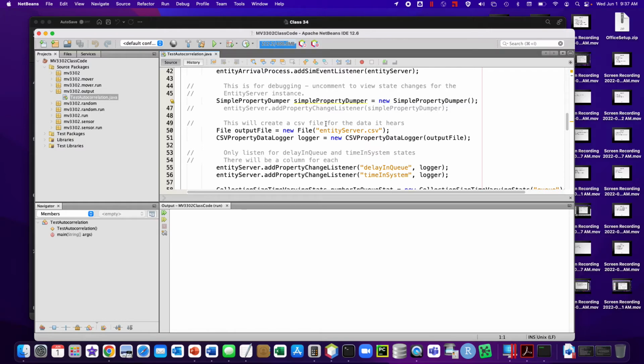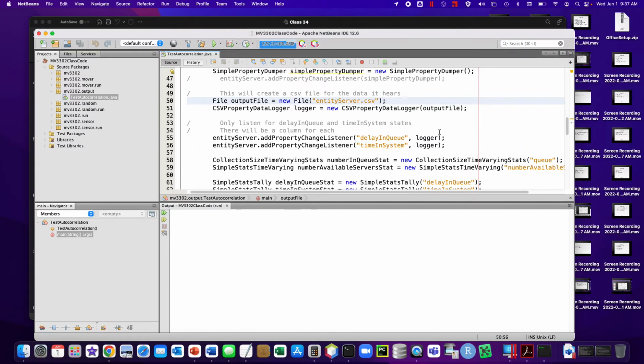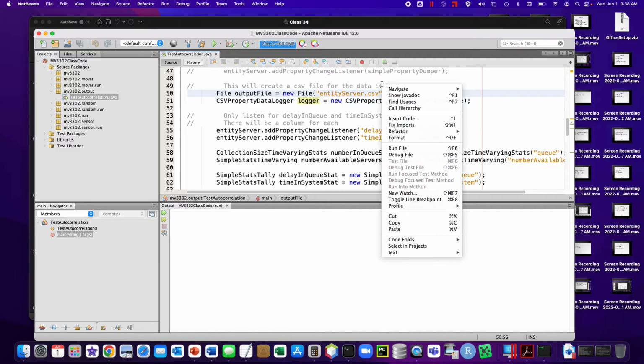And so what I'm going to do here is I have a little logger, a property change listener, that's going to take property changes and just dump them into a CSV file. I'm going to look at all of the individual delays in queue, and I'll call the file entity server. I'm going to do it for delay in queue and time in system because I could do it for both of them. So if I run that,